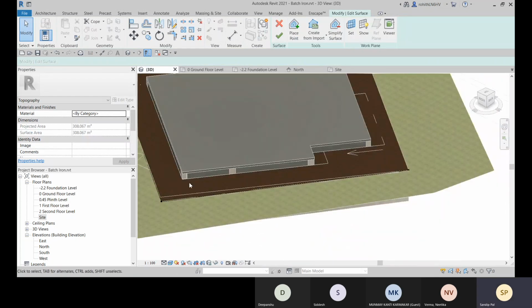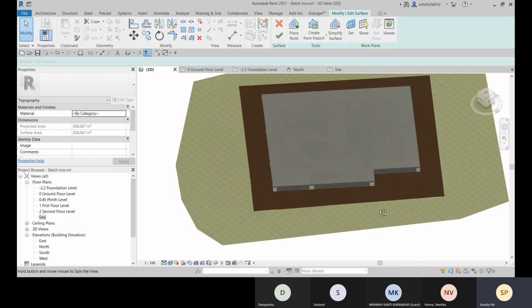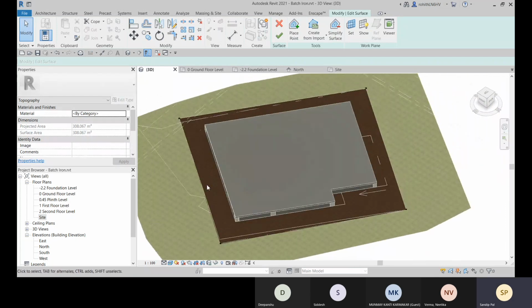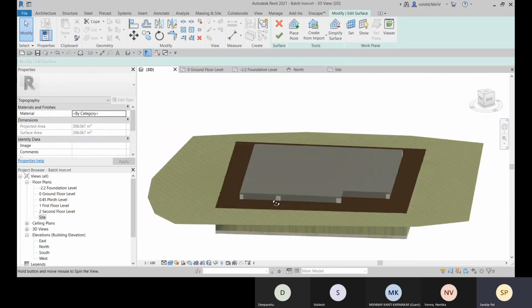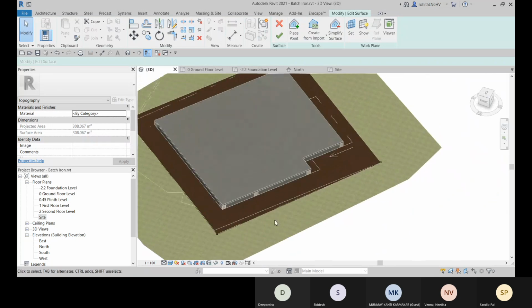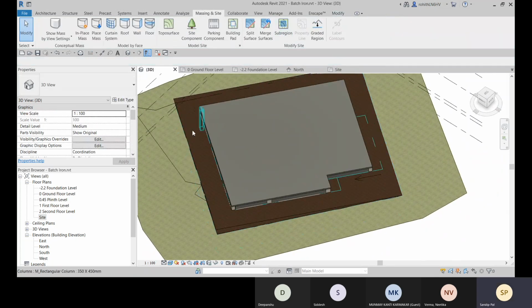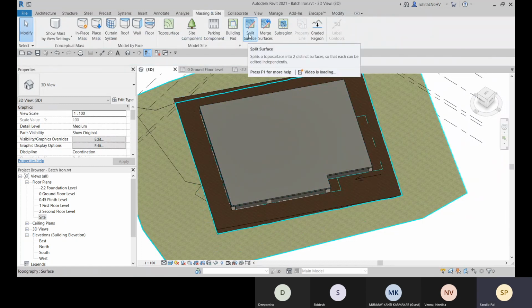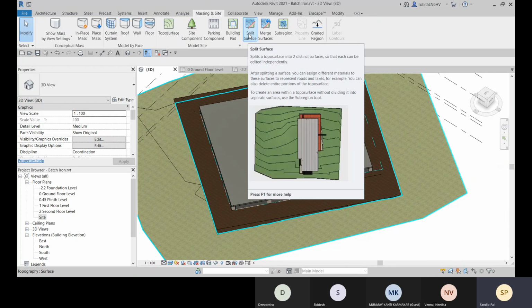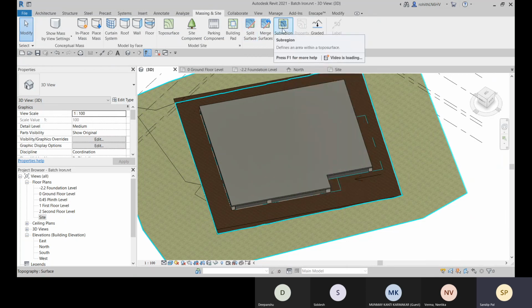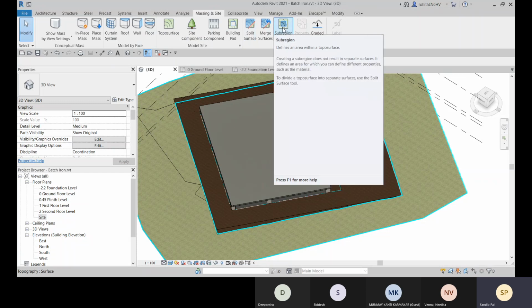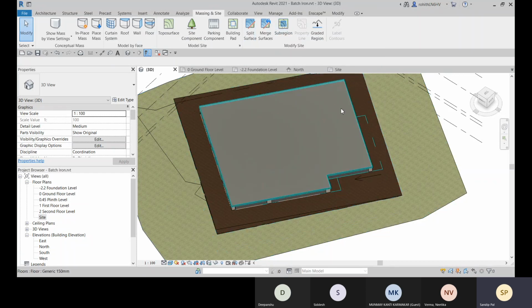And after that, what you can do, you can create. Let me finish it. And here we can split the surface. Okay, so we can go for that. We can split surface, or we can go for this sub region. So sub region will be a part of this, but we can go for this split surface.